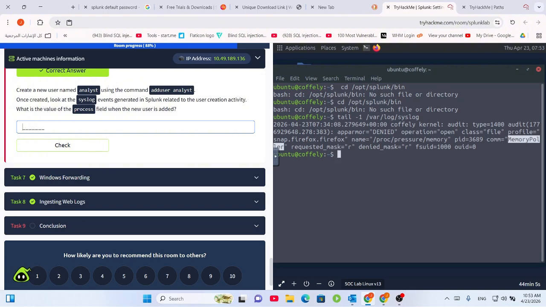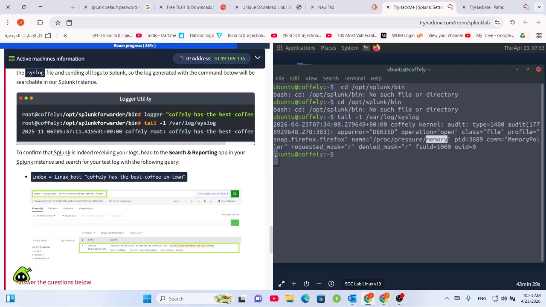No, the process type is this one. PID. Is it memory? Let's see if it's memory. No, it's something else. And the only way to fix this is by going through the